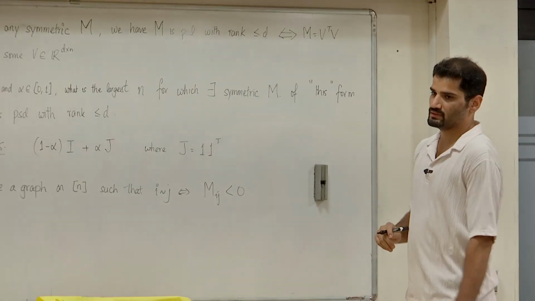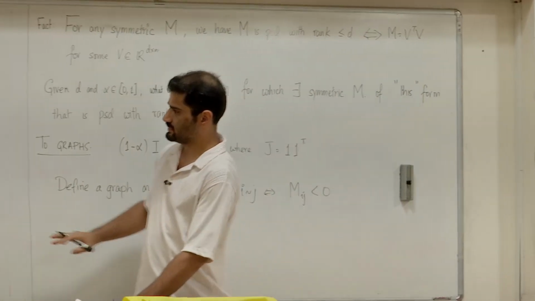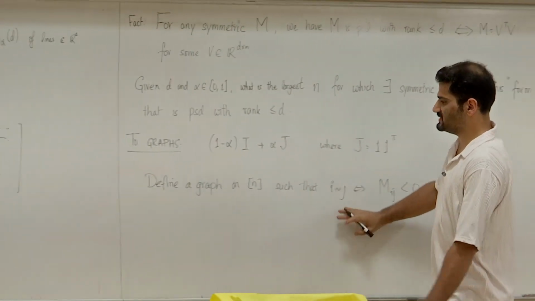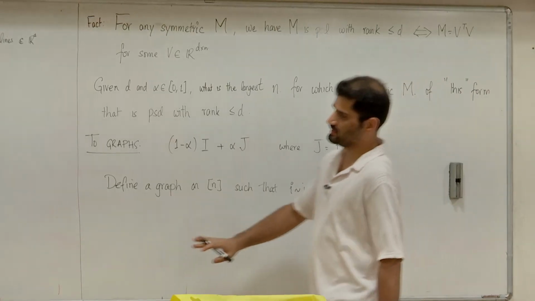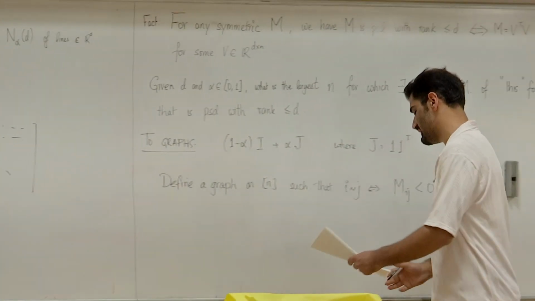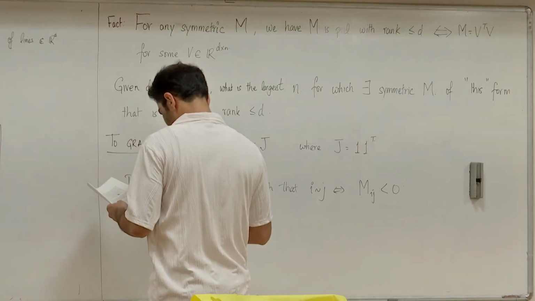Okay, so this graph has an edge if and only if the sign here is negative, which means the adjacency matrix of this graph says everything I need to know about this matrix. Specifically, what I will have is